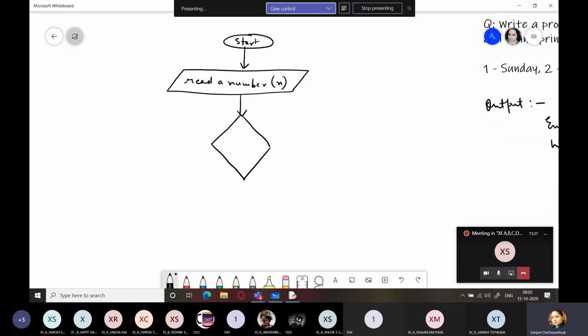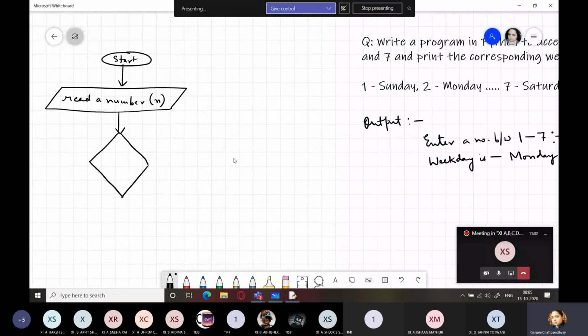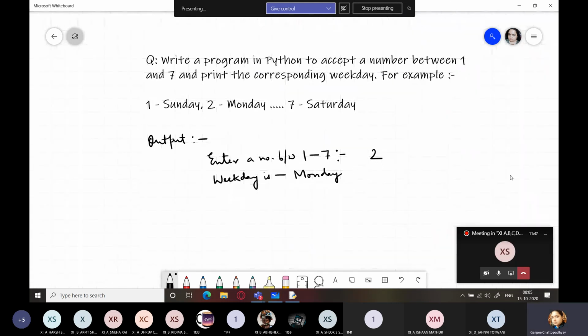Think, you have to check. Take a look at the question, students. Write a program in Python to accept any number between 1 and 7 and print the corresponding weekday. Example is given. If 1 is entered, it should print Sunday.